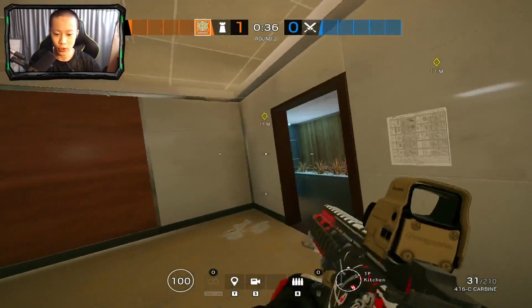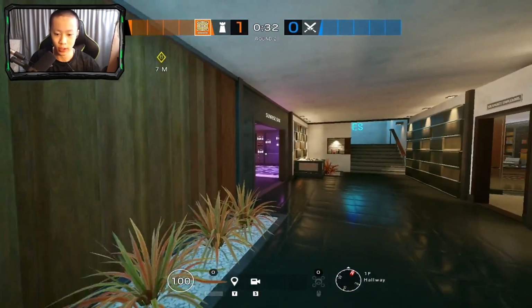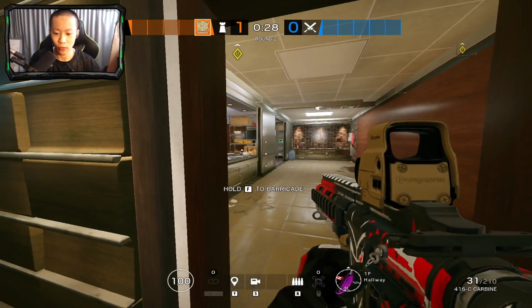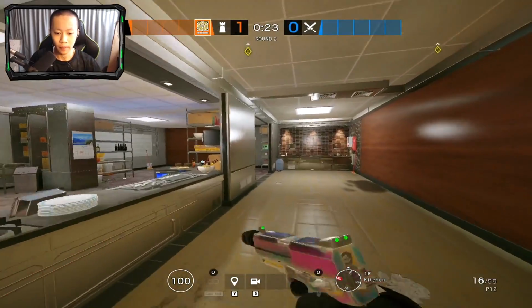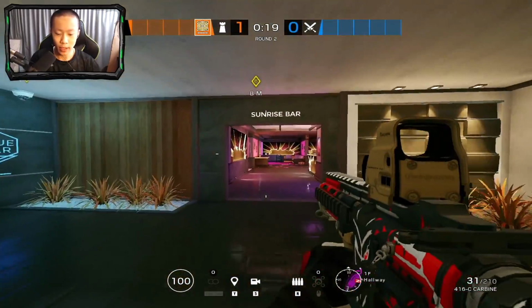A common spot to enter in is from blue bar and offices side, right? You already know from those offices, people like to rush it. It's just cutting off those rotations of people coming up the stairs. By the time you play the game a lot more, you'll understand. But I'll try to delay as much time as I can down here, and if no one's coming downstairs yet,